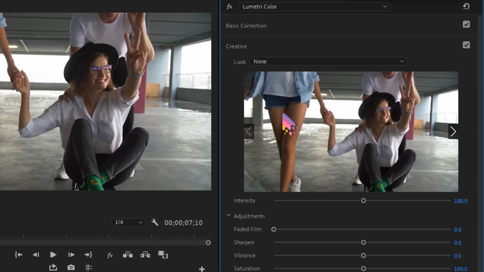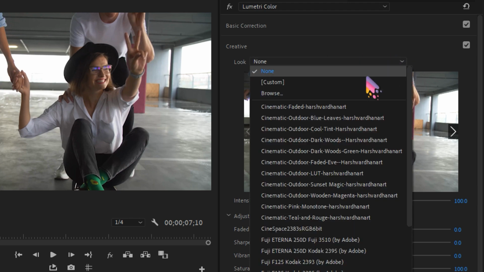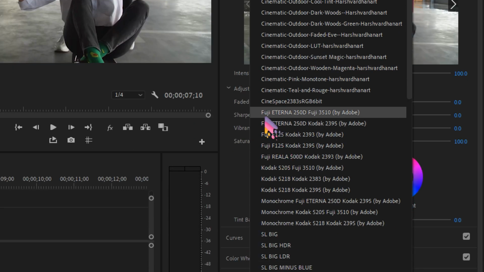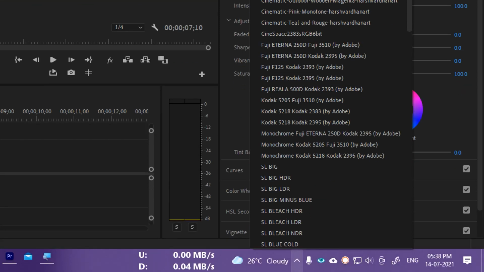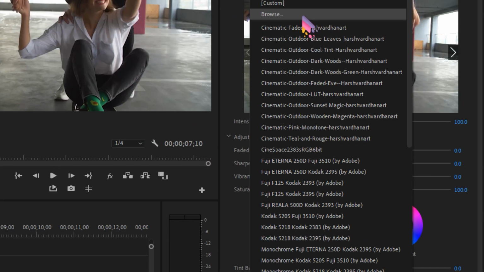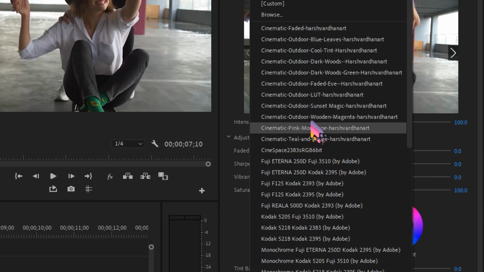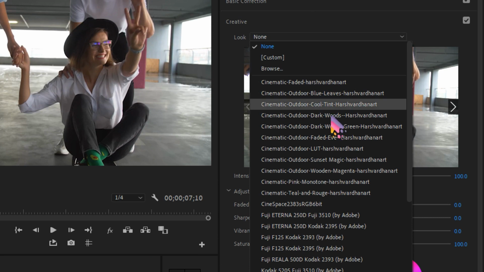That's going to open up all of these. So here we have the option to add a look. So if you have any LUTs pack, or you can download some of the LUTs pack from my website, free as well as paid, you can use these LUTs from here. If you click on this, you can see there are certain pre-installed ones which you will find in almost every version of the Premiere Pro, and these are my own LUTs pack. So I have added all these over here. You can choose any of these, and that's going to give you the immediate effect.